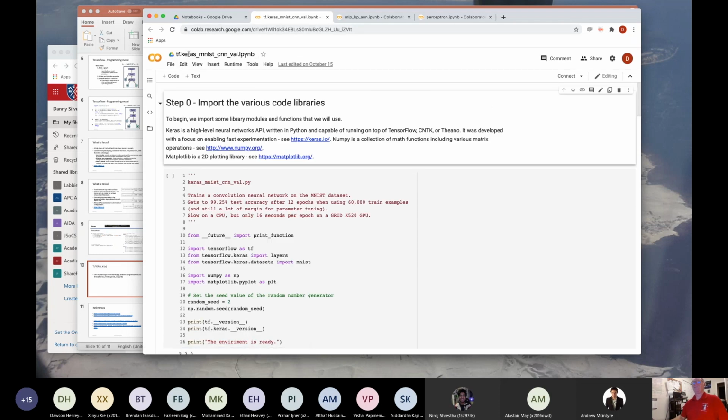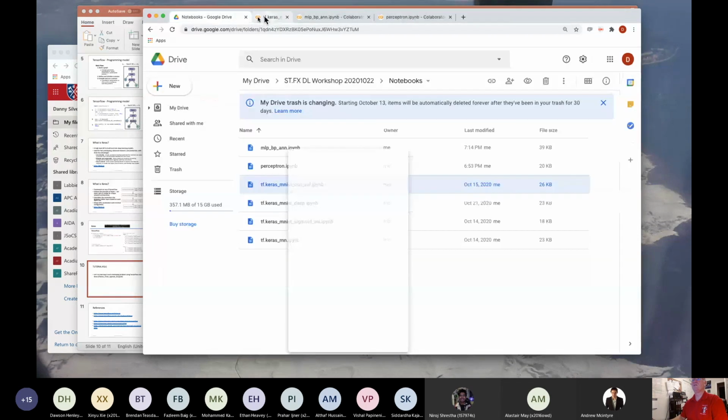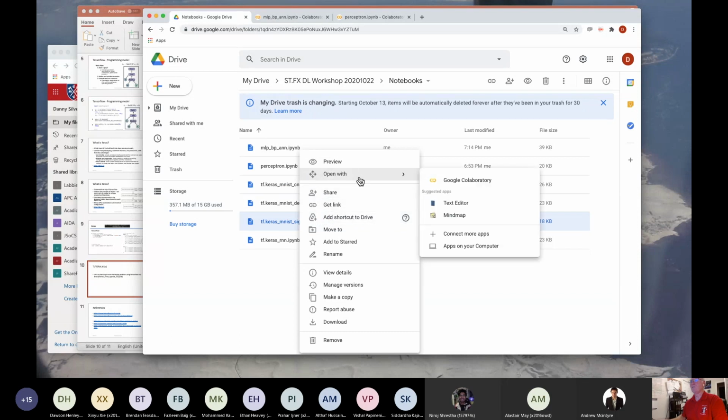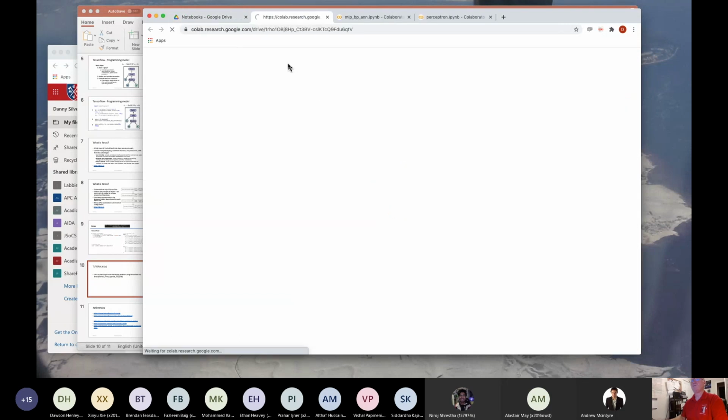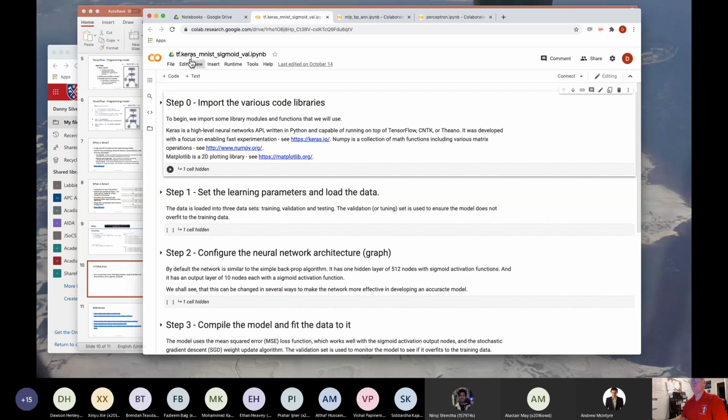All the code. So this is the TF Keras MNIST. Oh, sorry, I got the wrong one. TF Keras sigmoid. So you should have Keras MNIST sigmoid val.